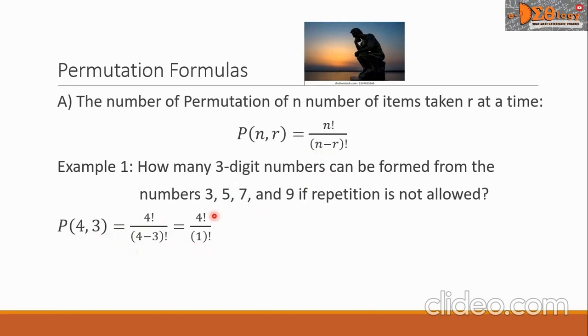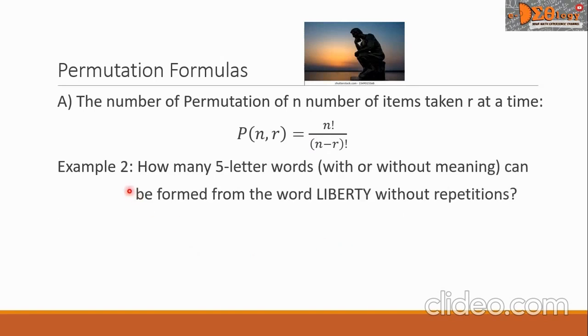Simplifying further, the 4 factorial becomes 4 times 3 times 2 times 1 all over 1 factorial, which is also 1. And our final answer here is 24, which is the same answer as in our previous example. Let's have example 2. How many 5-letter words, with or without meaning, can be formed from the